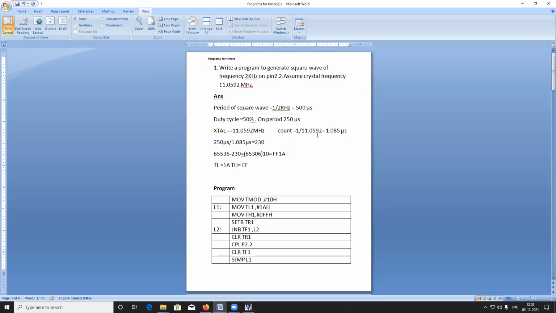So we have to calculate the period of that frequency, which is our 8051 crystal or clock frequency. You have to calculate the count. The period is 1.0585 microseconds, so when you divide 250 by that, you will get 230. Then you have to subtract this 230 from